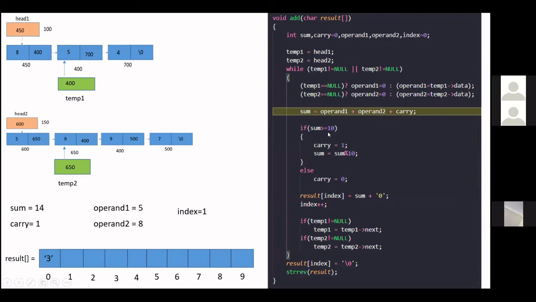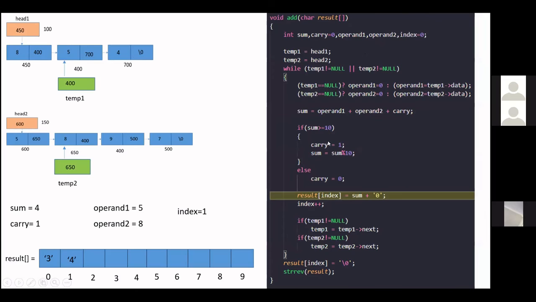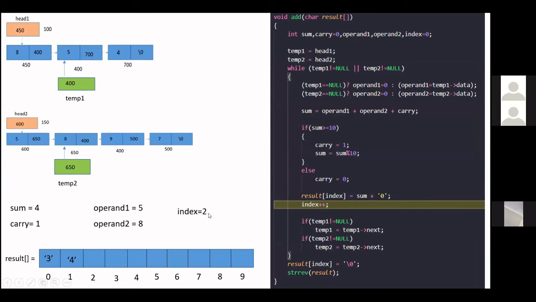Now sum is again greater than 10, so our carry remains as 1, sum becomes 14 mod 10, so it becomes 4, and we store the 4 inside at index 1. Now we increment the index and it becomes 2.